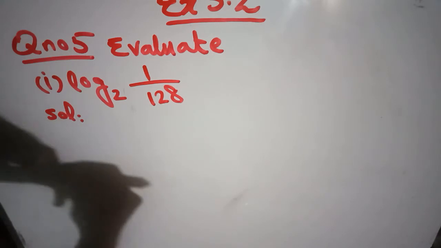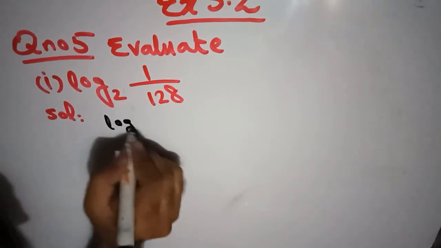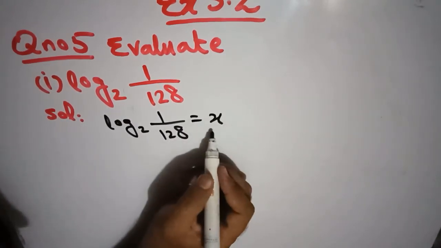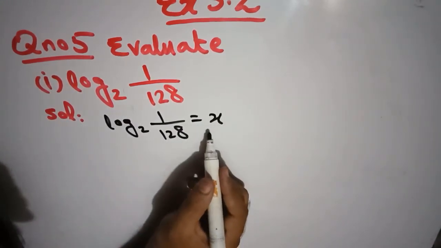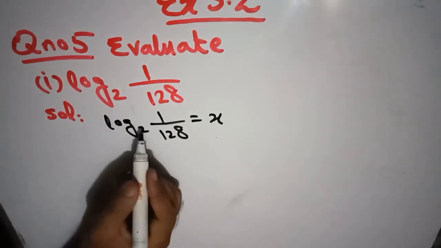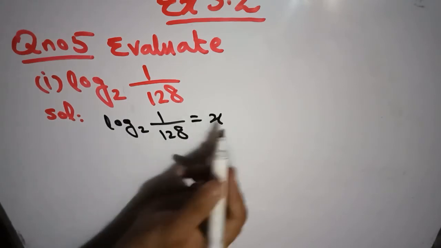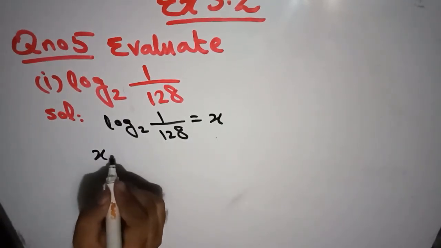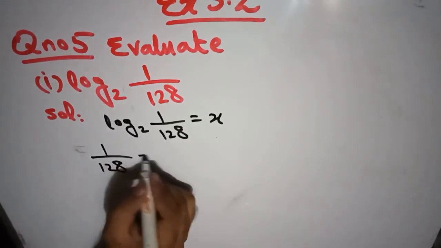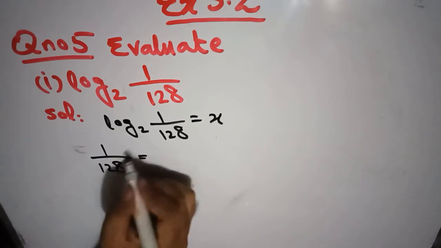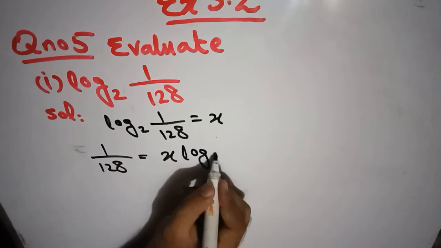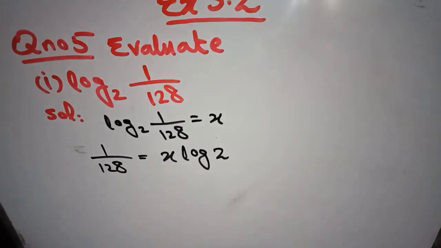Then log base 2 of 1 over 128 is equal to x. I have just put it to an unknown variable, that is just x. It is the log with base 2 on this side, but on the other side you can simply write it in their side. This side there will remain 1 over 128, but on the other side you can write this as a multiple of log 2 with x.